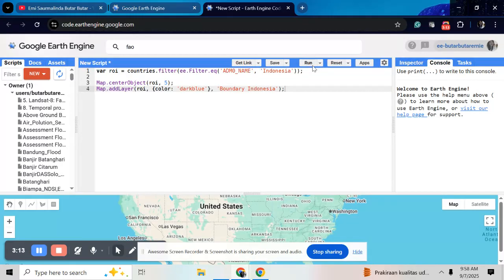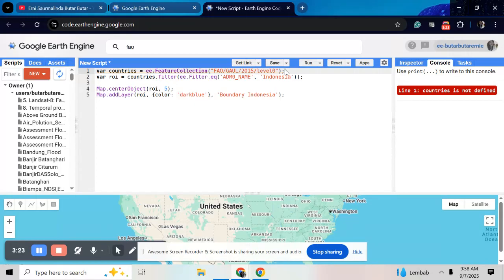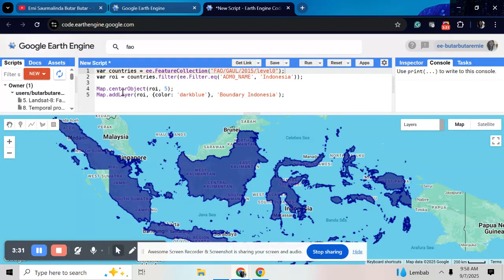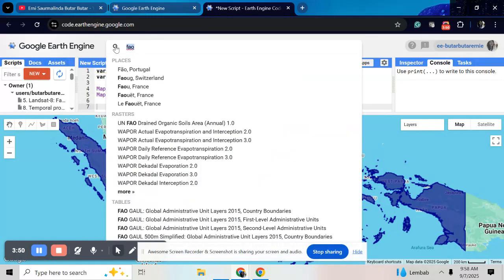So here I have already made the code for a country. Sorry, for FAO I need variables. Here I make my ROI as a center object with the scale of 5, and give the name boundary of Indonesia, my own country. That's for the ROI, and then you can go to the MERRA-2